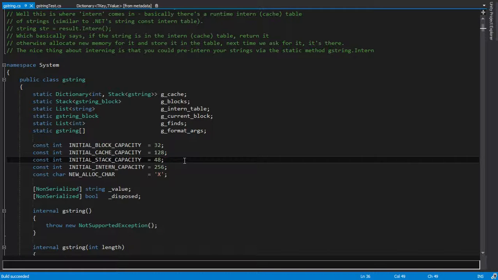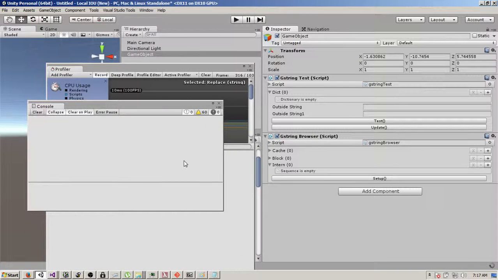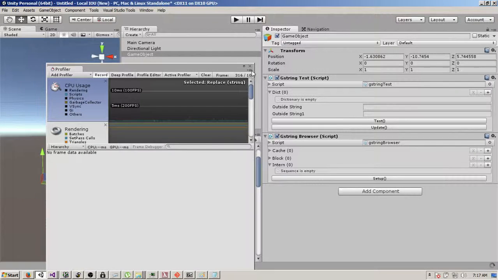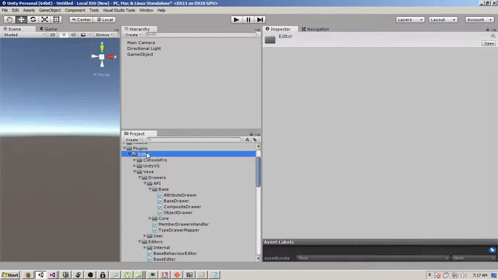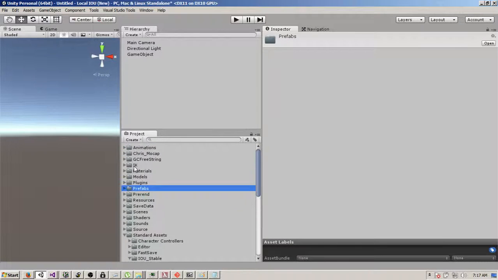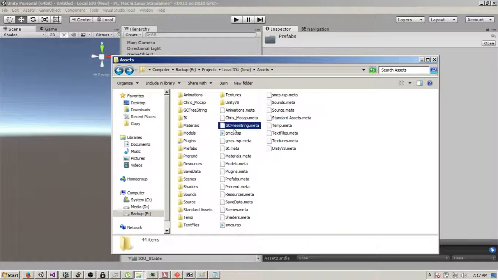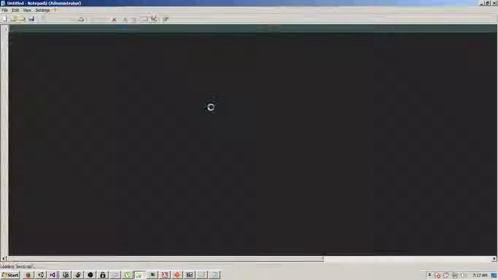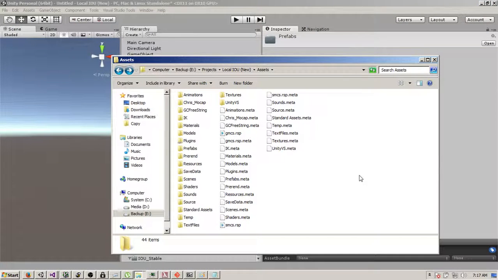Probably I'll be releasing this as a DLL, and the source code will be on GitHub. If you do want to take the source code and use it in Unity, you need to go to your assets folder and basically have these two files, gmcs.rsp, smcs.rsp with the values, with the unsafe argument, and then make sure you restart Unity,